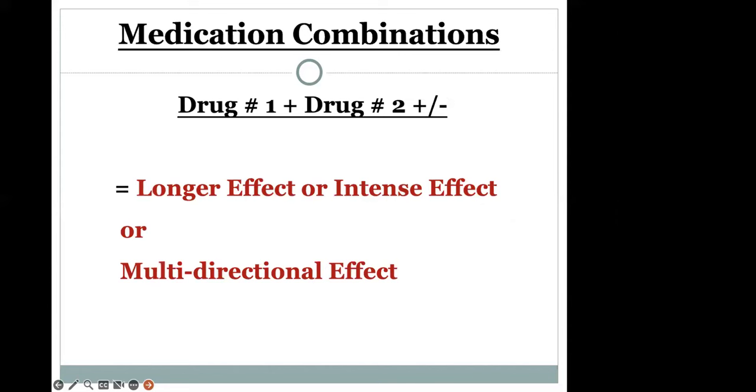Okay, so let's go back to medication combinations and try to put everything together that we've been talking about. Medication combinations are often used in Parkinson's. Even if you are on carbidopa-levodopa alone, it is a medication combination where carbidopa is being combined with levodopa. So why do we use it? The whole idea is either to intensify the effect of, let's say, dopamine, or to prolong it, or both, or to give you a multi-pronged action,